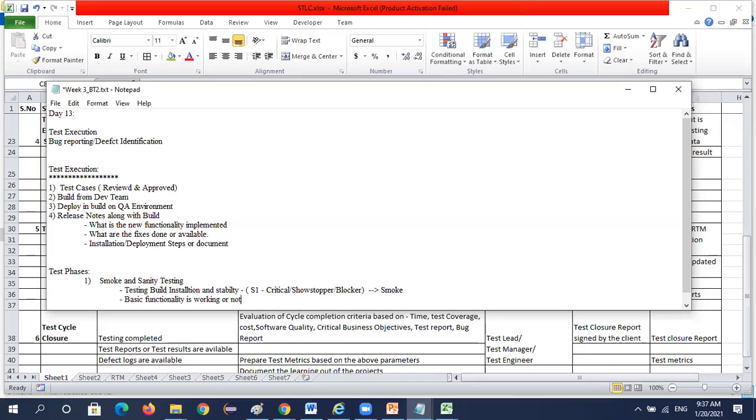So we verify whether the basic functionality is working or not. This sanity test is also called a shakedown test, or build verification test.